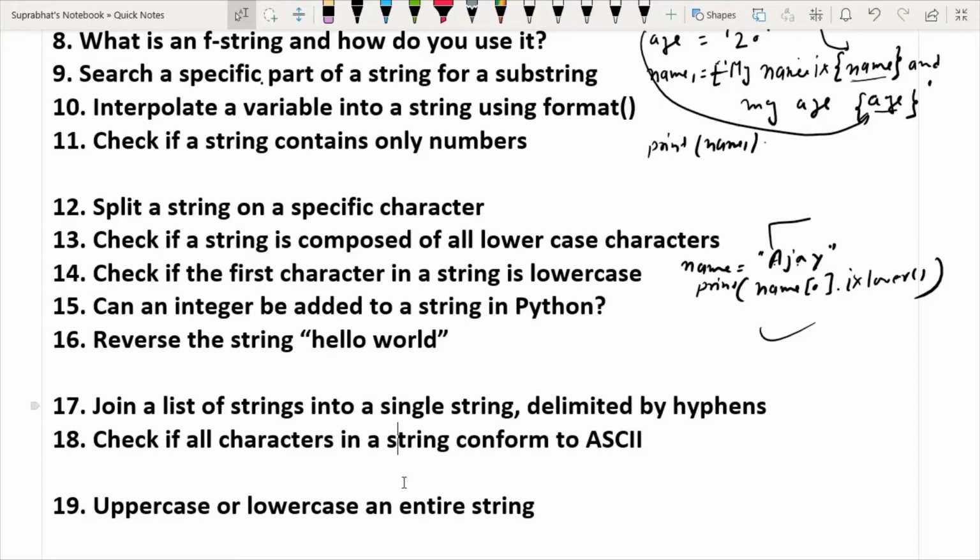Now presently in Python, the default coding system is UTF-8, that is the Universal Code System, which is used by most countries and is acceptable, and ASCII was also used before. So how will we check if all characters in a string conform to ASCII? We will use the isascii method to check whether all characters in a string are ASCII.